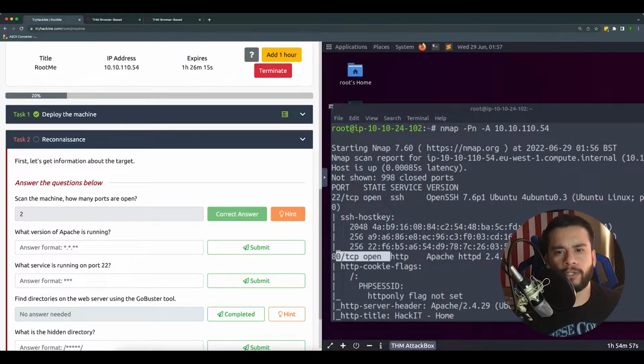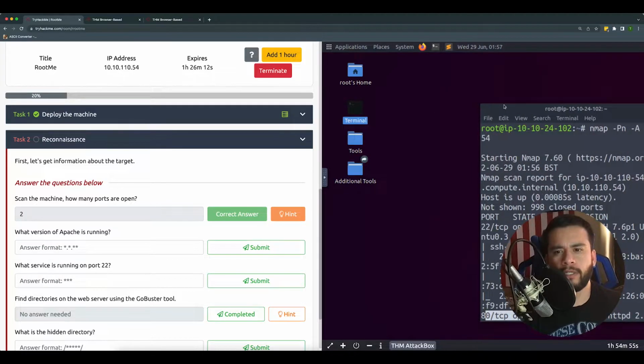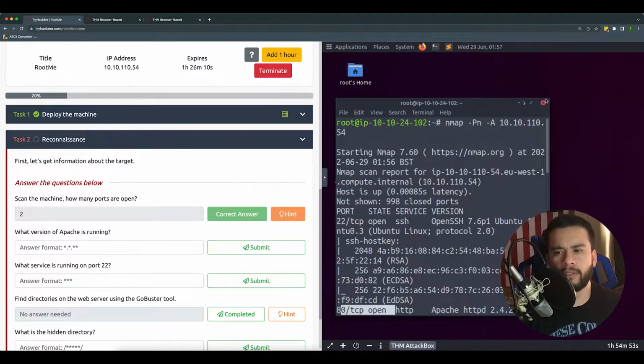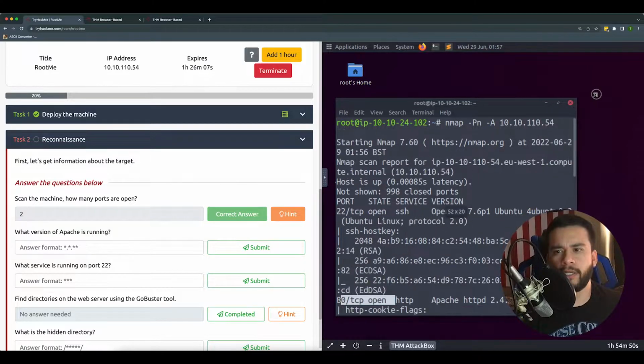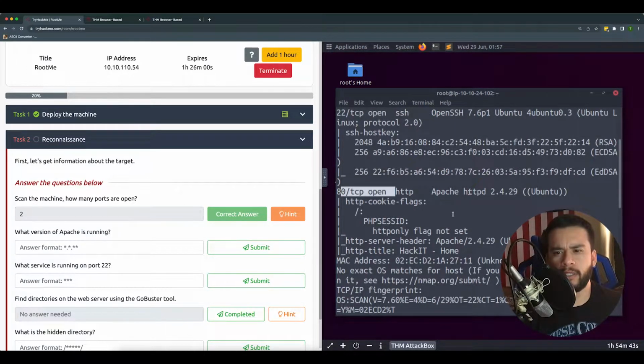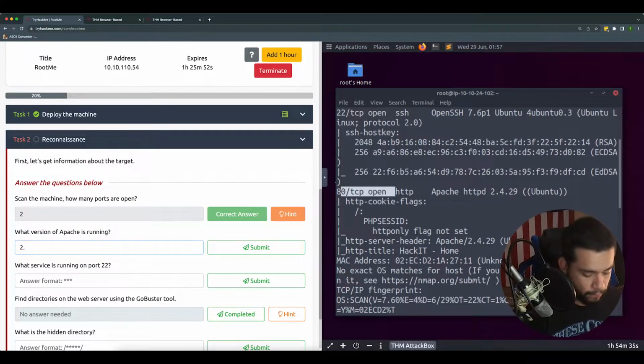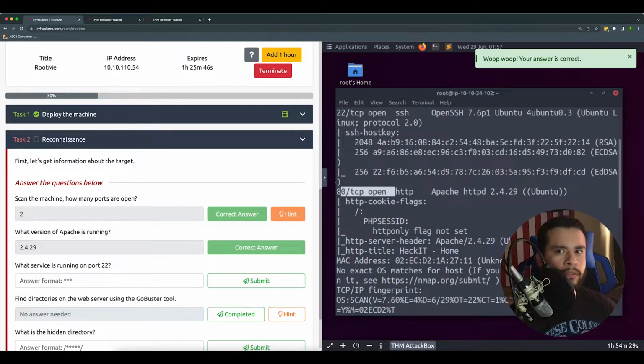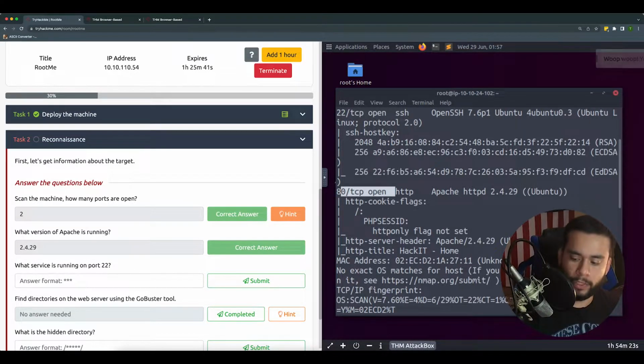Next, what version of Apache is running? Let's see. Apache. Oh, I think I saw it. HTTPD 2.4.29. Looks like the correct format. Yeah, got it. Okay, what service is running on port 22? That's an easy one. Always